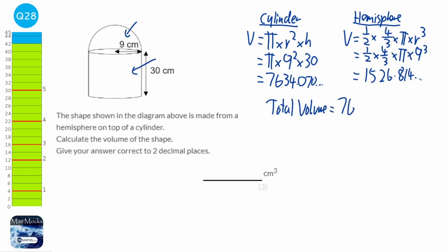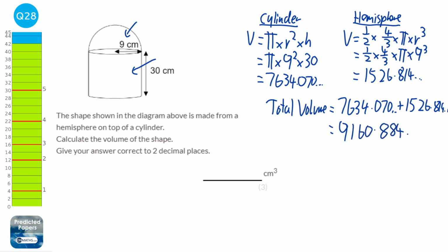And so the total volume is 7,634.070, blah, blah, blah, plus the 1,526.814, blah, blah, blah, which equals 9,160.884, blah, blah, blah. It says it wants it to 2 decimal places, so when we round that, we get